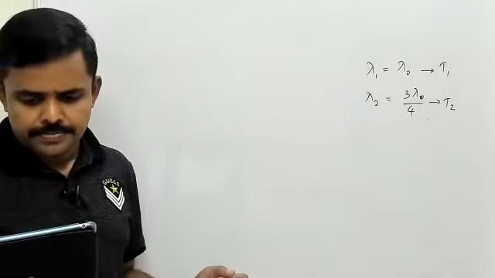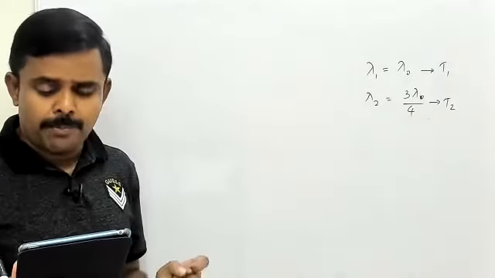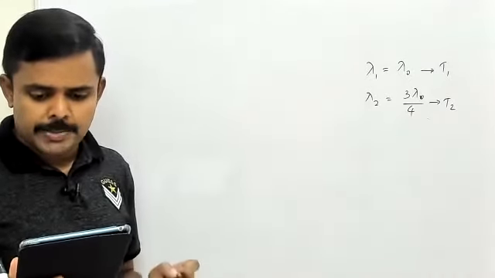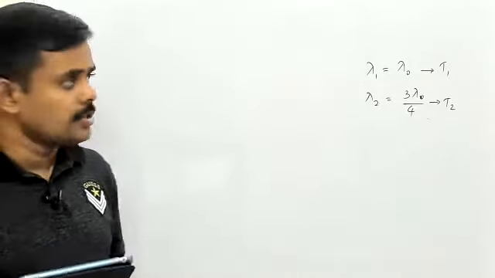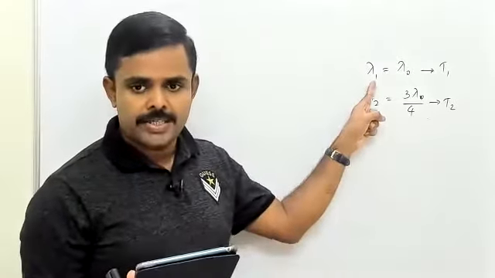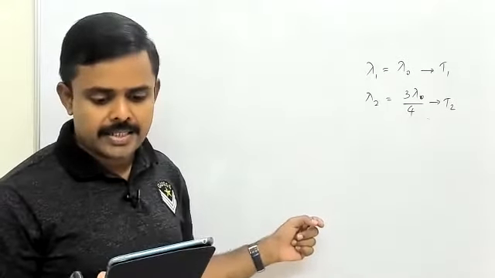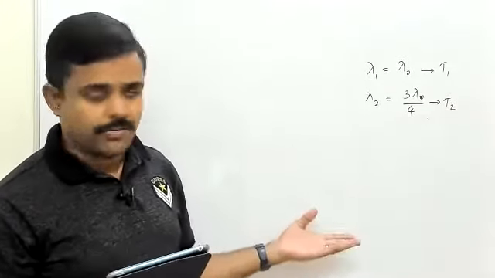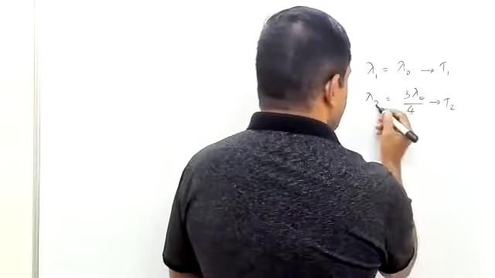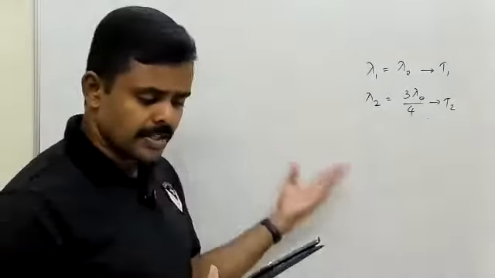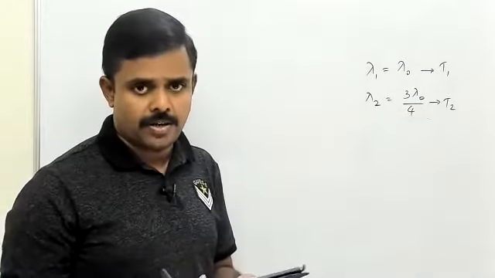Read it again. Question number 13. The energy spectrum of a black body exhibits a maximum around wavelength lambda 0. So in the first case, lambda is lambda 0. The temperature of the black body is now changed such that the energy maximum is around 3 lambda 0 by 4. Second lambda is 3 lambda 0 by 4, and that happens at another temperature, right? The power radiated by the black body will now increase by a factor of